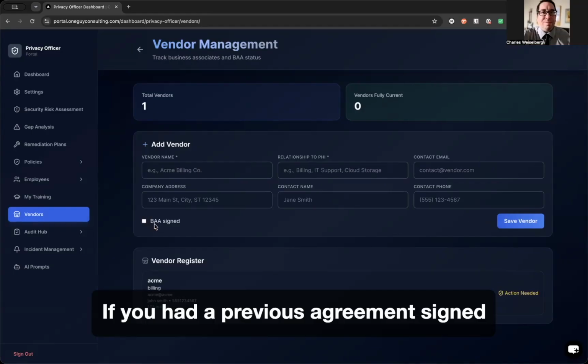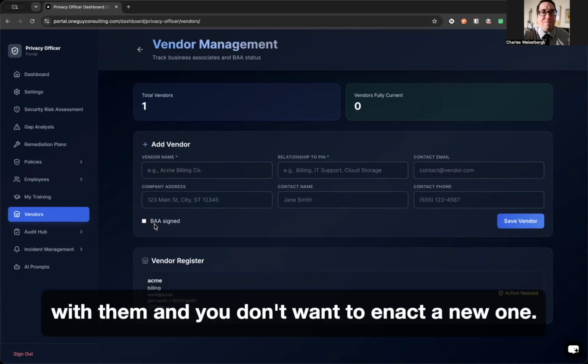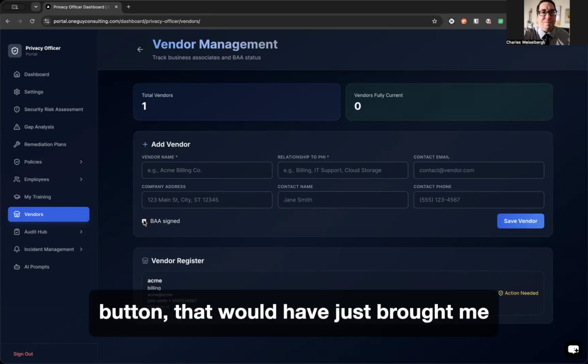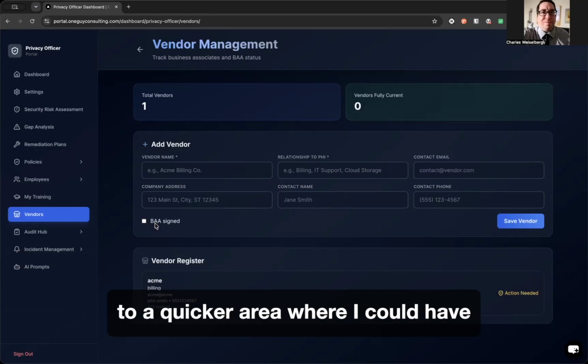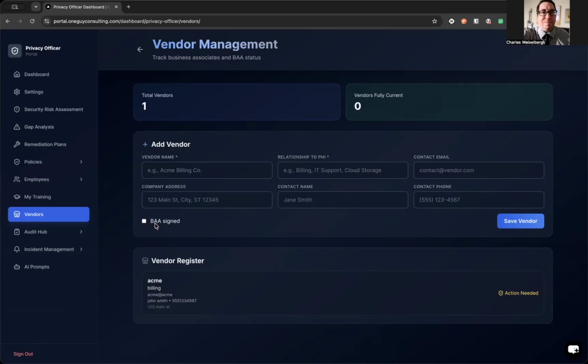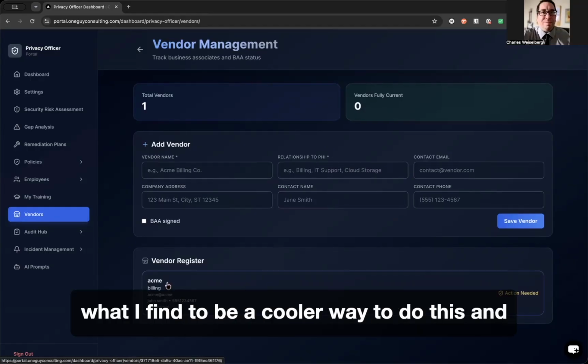If you had a previous agreement signed with them and you don't want to enact a new one, I would have gone ahead and clicked this button. That would have just brought me to a quicker area where I could have uploaded that executed agreement. But let me show you what I find to be the cooler way to do this, and that's executing a